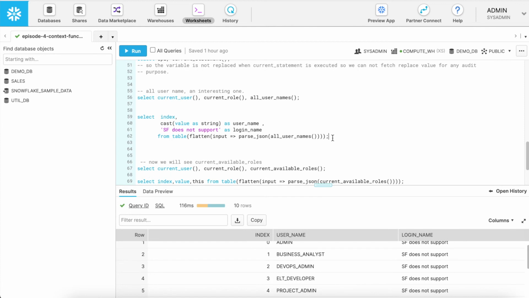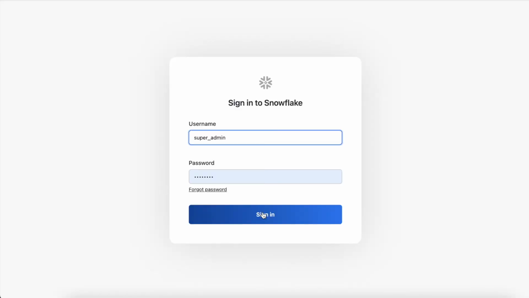Now why does Snowflake say that you should not have your username as a login ID? Because the moment anybody from any account can see all the usernames and assume that I do not have the right intention, what can I do? I can use this username assuming that this is also a user ID, and I can really lock your account and create an inconvenience for the rest of the users. I am logging in with superadmin first.